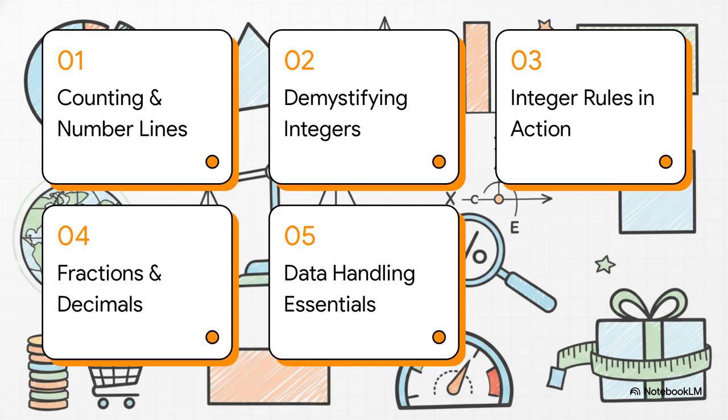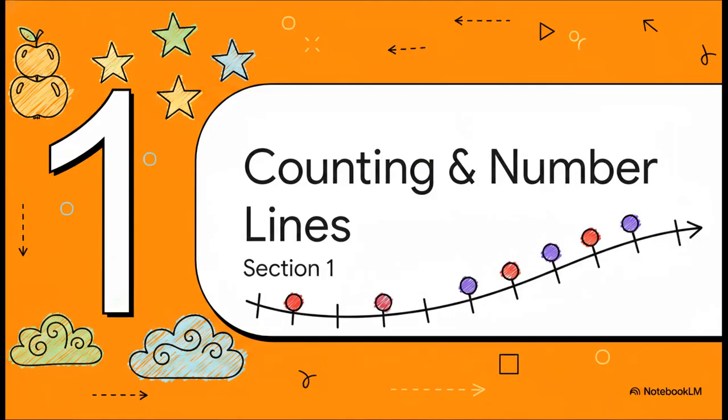We've got a super clear roadmap for this explainer today. We'll be hitting 5 key areas: counting and number lines, demystifying integers, integer rules in action, fractions and decimals, and finally, data handling essentials. All right, let's kick things off right at the foundation with Section 1, Counting and Number